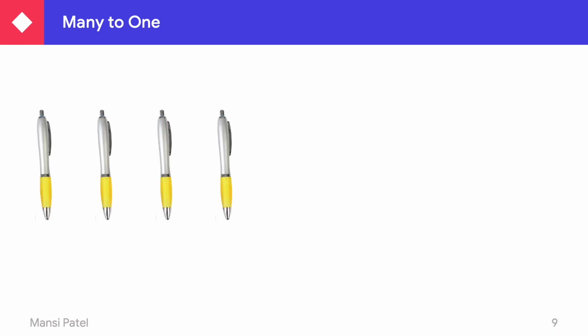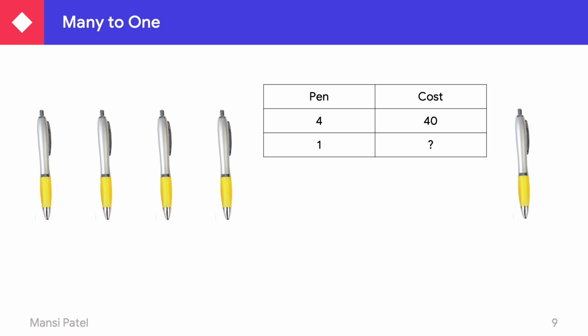Let us see another method to find out the value of one ball pen. As you know already, here there are 4 ball pens and you have to find out the value of one ball pen. With the help of the unitary method, we have to solve this sum. The things given two times, you have to write down on the left hand side. So the pen was given and the cost of that pen is rupees 40. So the cost of 4 pens is rupees 40. So what is the cost of one ball pen is equal to question mark.